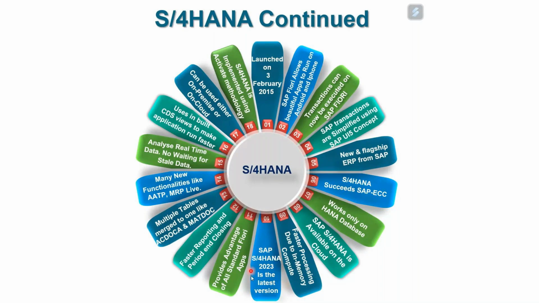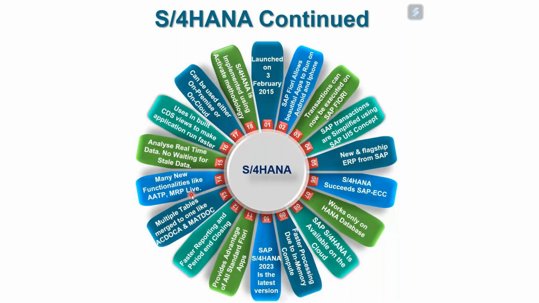2023 is the latest version of SAP S/4HANA. You can use all of the Fiori applications in S/4HANA, 13,000 plus. There's faster reporting because of HANA and your RAM. You have a lot of RAM in S/4HANA, because of which you can do faster reporting. And I talked about the fact that your data model is simple now. There are a few tables. We'll not talk about these tables in our sessions because these are finance and material ledger tables. However, I wanted to tell you it is simplified data now.